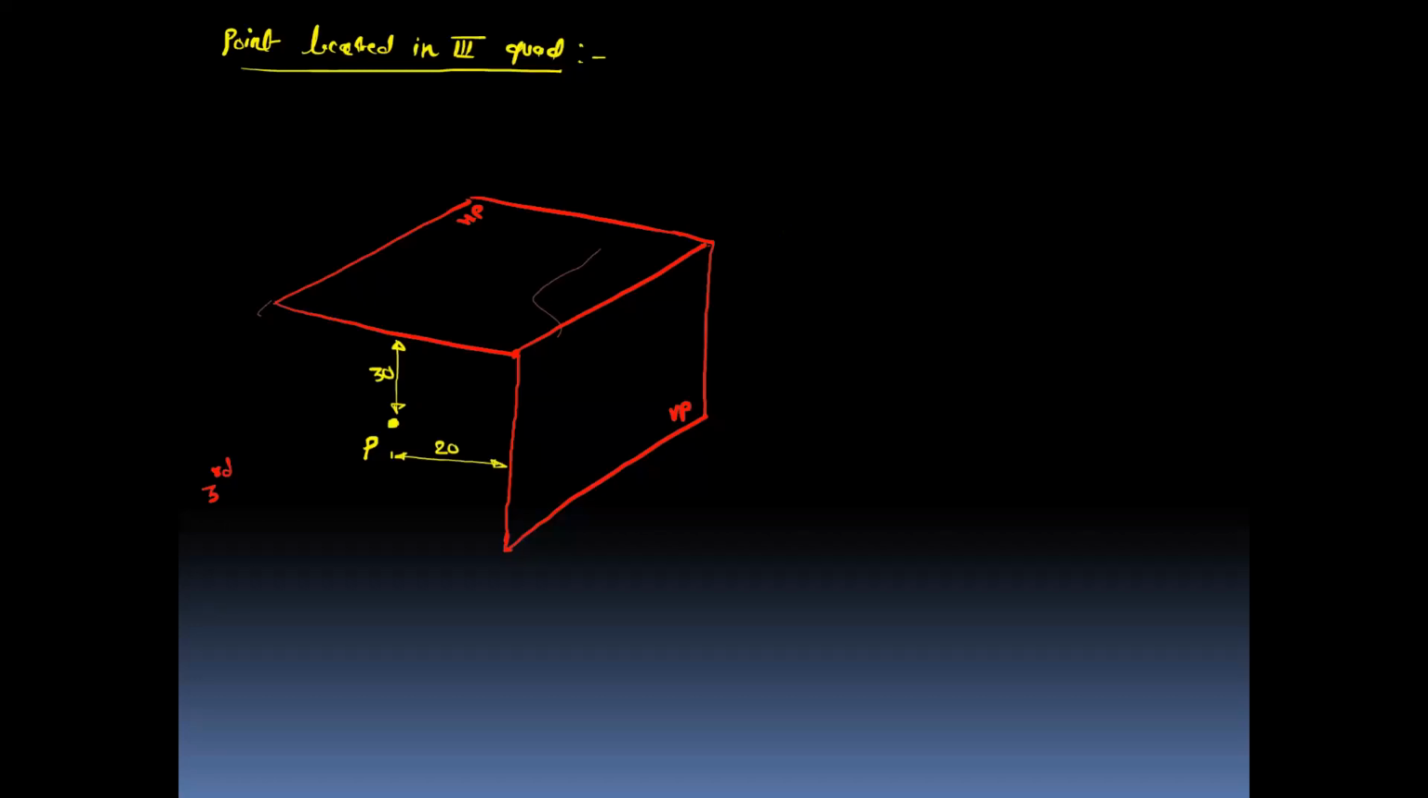So now we will see the condition when the point is located in the third quadrant. So here you can observe the point P is placed in the third quadrant. So it is 20 mm behind the vertical plane and 30 mm below the horizontal plane. So this is how the statement is given when the point is placed in the third quadrant. Point P is located 20 mm behind the VP and 30 mm below the HP. And we have to draw the orthographic projection for the point P. So to draw the orthographic projection,